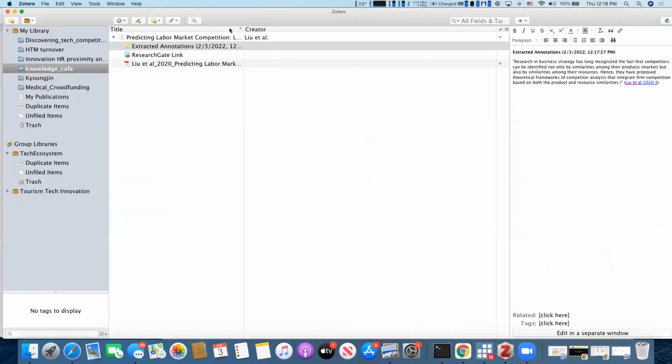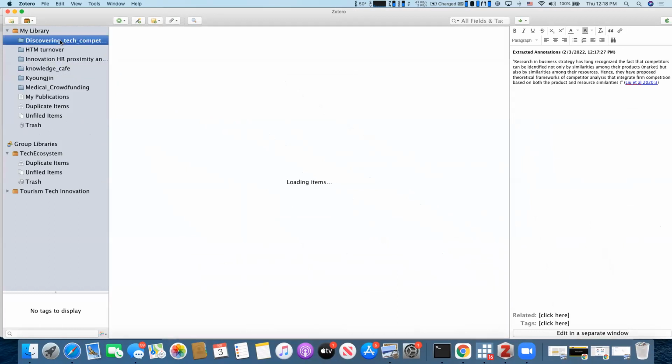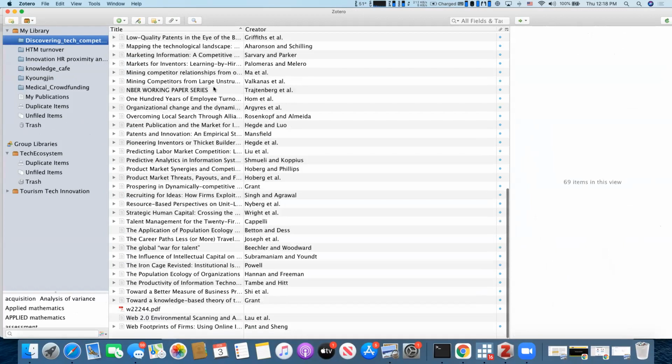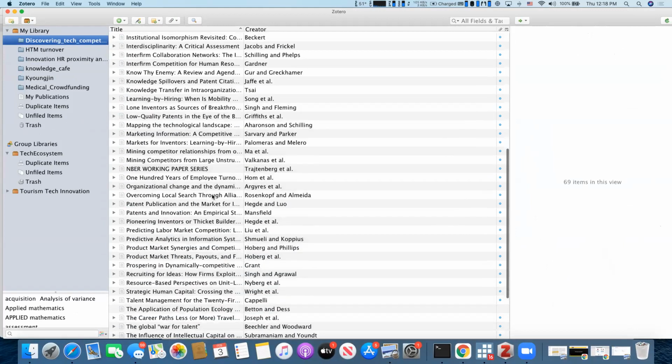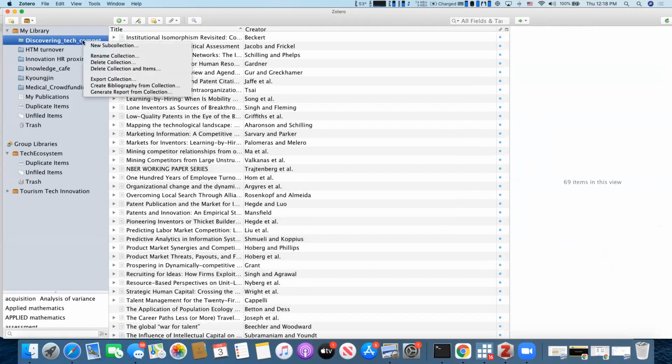The last function is exporting the whole references to LaTeX or other kind of software like MS Word. So let's try the first one. I have a bunch of papers in this particular library, and I'm going to export the entire set of papers to LaTeX. To do that, I think the function